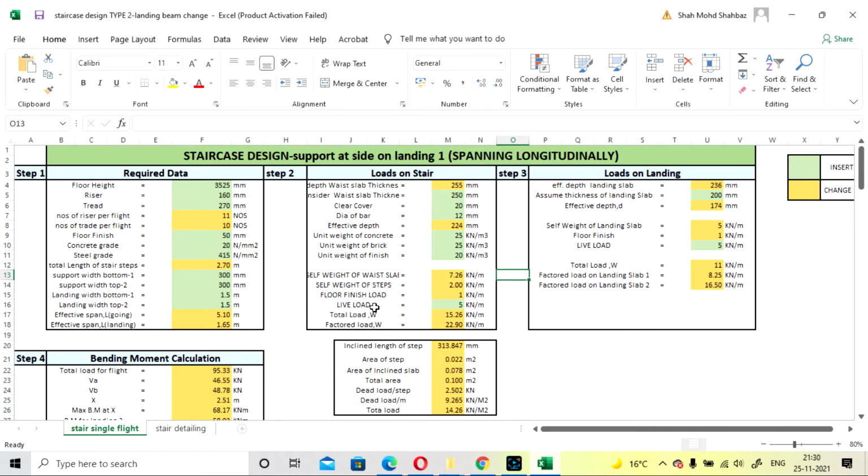You can check IS code 875 part 1 and 2 for live and dead load. So the live load I am going to consider is 5. The total load will be calculated as 15.26 and the factored load is calculated as 22.9.